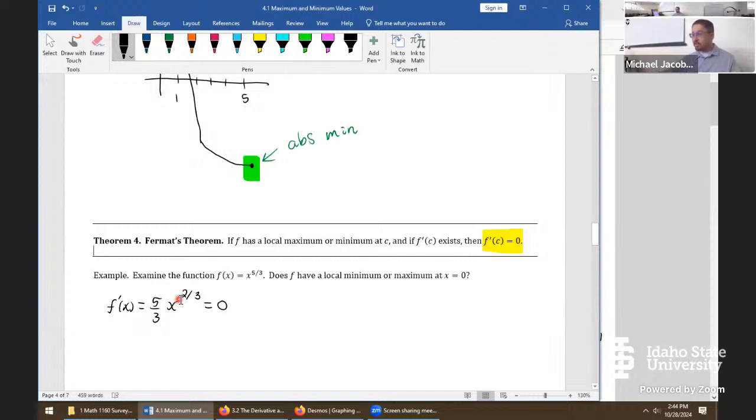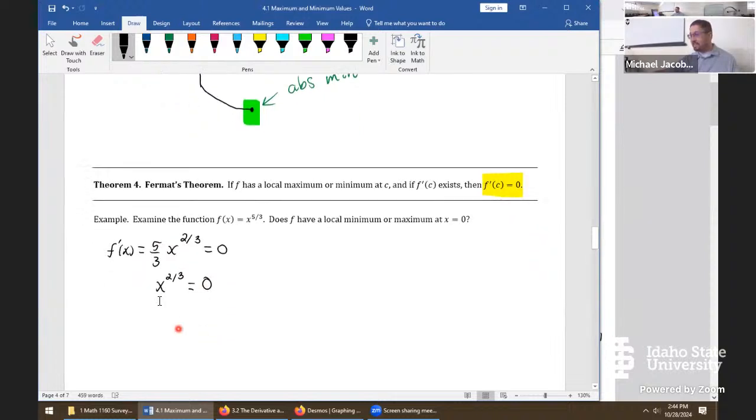Over here, this is not too bad to solve. You can multiply both sides by the reciprocal of that fraction, and you just get x to the power 2/3 equals 0. Right-hand side just multiplies your reciprocal, wipes it out once again. Now the only way this equation is true is if x equals 0. So we can now say f prime at 0 equals 0. So we matched this part of Fermat's theorem, but it turns out, if we look at this graph really carefully,